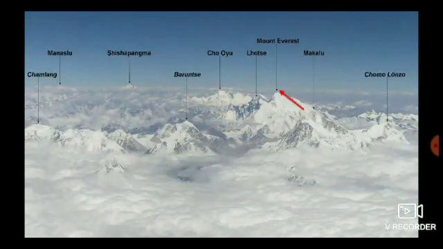Okay, children? So here I have shown you. Can you see the arrow mark where I have highlighted in red color? That is the Mount Everest peak, and you can have a look at the other peaks. Mount Everest is the important peak, that's why I have shown it in red color. Just have a look at it.